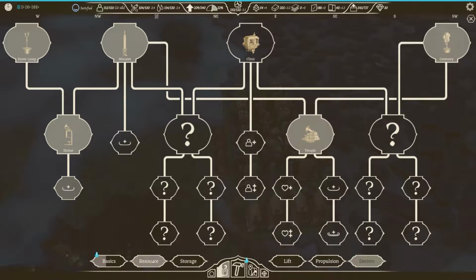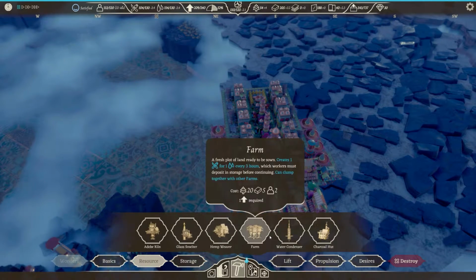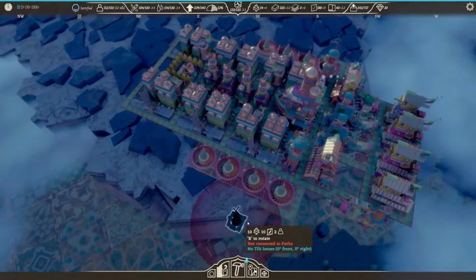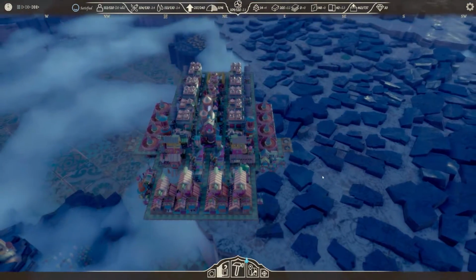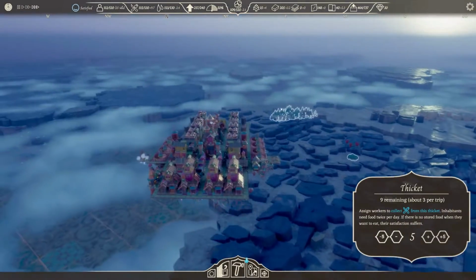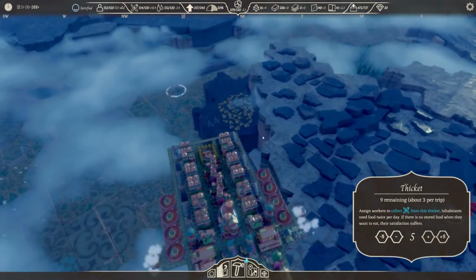What a surprise. In terms of resources, I've just researched the iron forge, so we'll be building one of those at some point. And let's go to resources, water condenser. I'll have a couple. 1, 2, 3, 4 water condensers on either side, and I'll probably put the farms next to it. There's a thicket there. It's good to know that there are some food